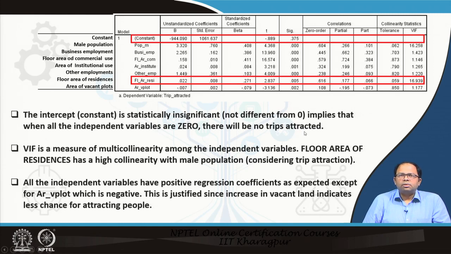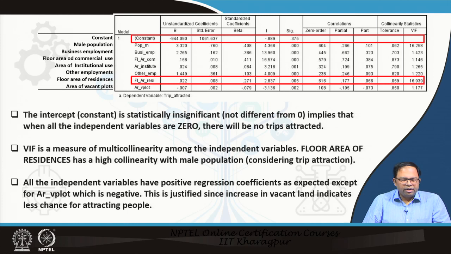Well, this is an assumption, this is what we are stating. That means that we can assume this, but actually it is showing a negative value. But because it is showing a negative value, which is not possible, we can assume that when all variables are 0, then the model also is 0. That means this has no significance, and this constant value should be ignored.